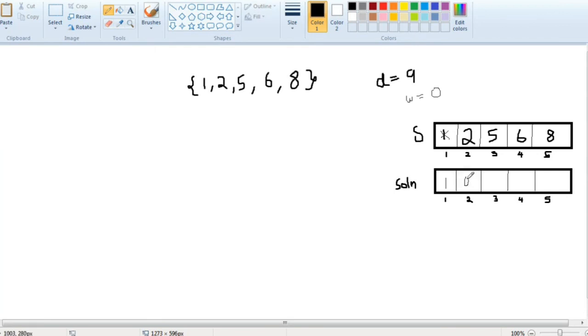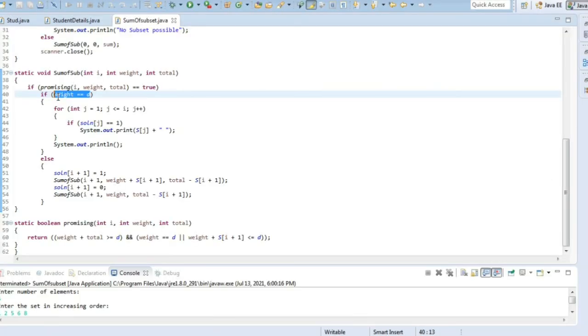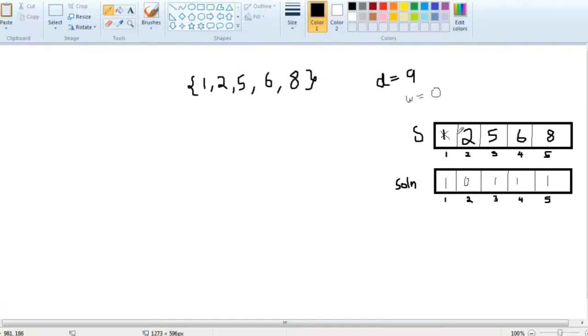All possible combinations will be checked, and we'll be adding each time to the weight, so weight will be increasing, and when it becomes equal to d, if it's possible, that value will be printed. Then we'll move on to the next one, until all the possibilities are checked and all the possible answers are printed.